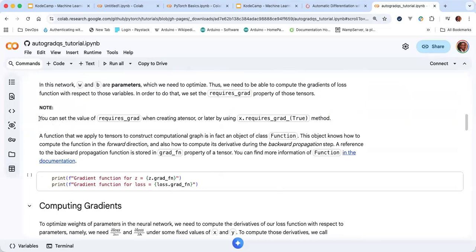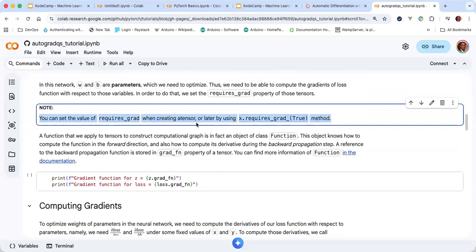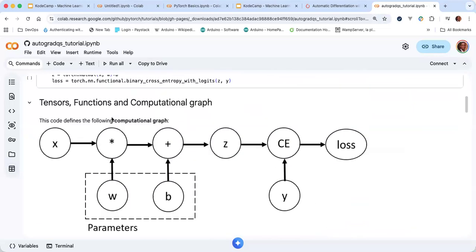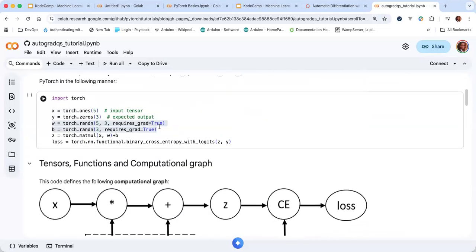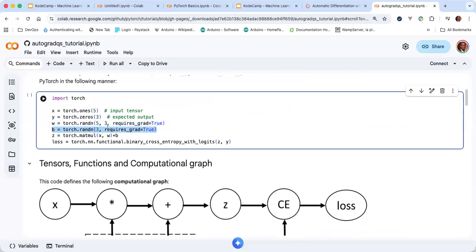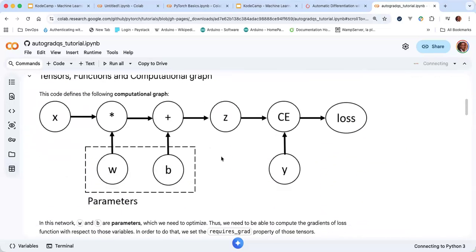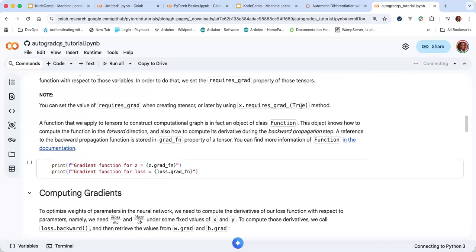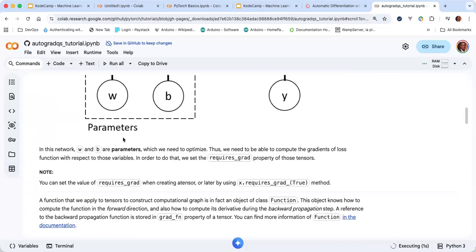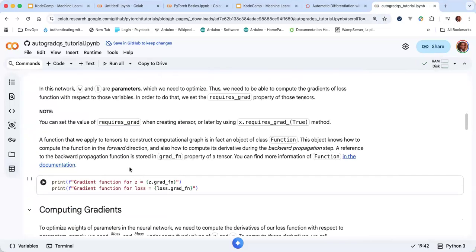One thing, yes, in PyTorch, you can set requires grad when you are creating the tensor, like it's done here, or you can set requires grad after the tensor has been created by just saying something like b dot requires grad, and then you pass the value of what it should be. True. So any function that you apply to this tensor, as you are constructing the computational graph,